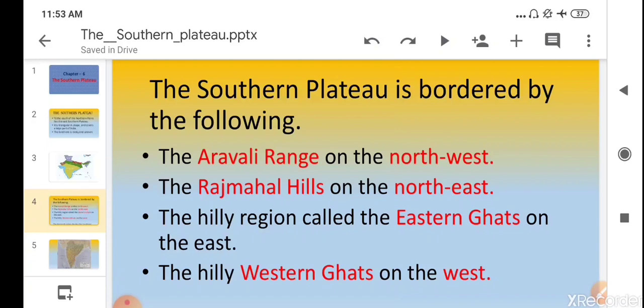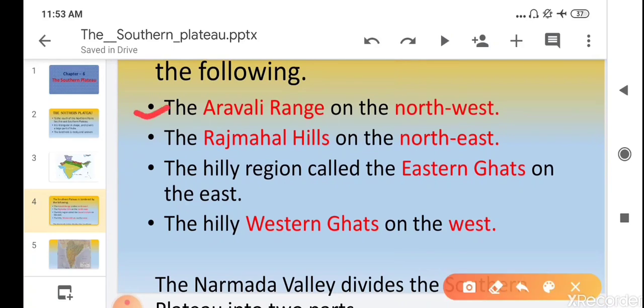It is bordered by the Aravalli Range on the northwest, Rajmahal Hills on the northeast, the hilly range which is called Eastern Ghats on the east, and on the west it is bordered by the Western Ghats.